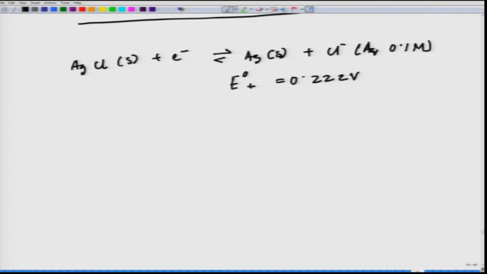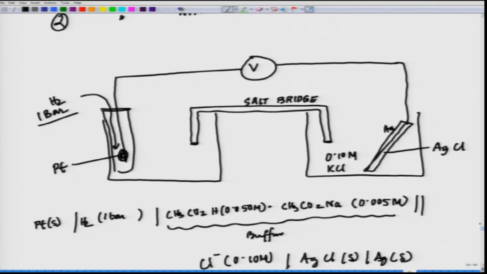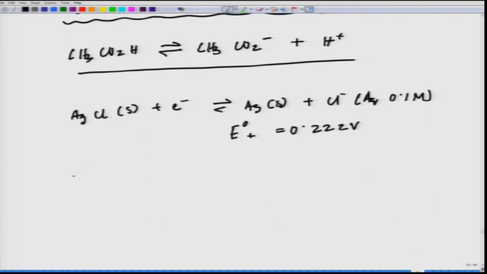The only element we find in 0 oxidation state is hydrogen. So, we see that hydrogen bubbles into the cell if you look at it carefully. There is hydrogen bubbling happening, and the only element we find in the 0 oxidation state is hydrogen. And we also realize that every aqueous solution contains H plus. Therefore, hydrogen is present, and now I am writing the half reaction of the left hand side, which could be written as